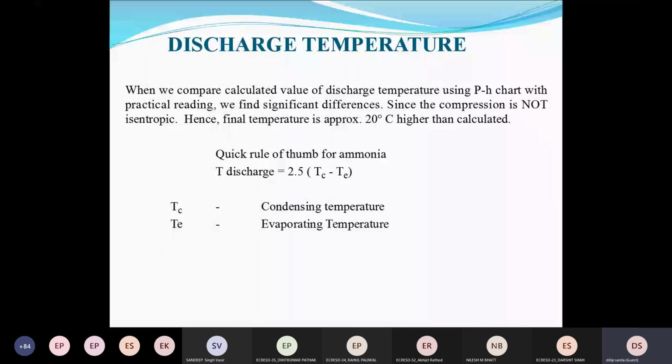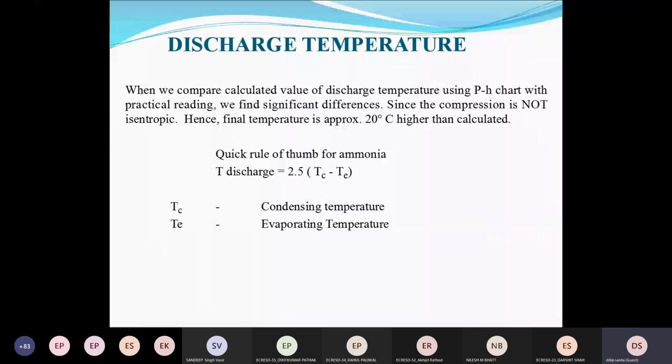Now, what will be the discharge temperature? That is most problematic. We know the isentropic discharge temperature, but it is not correct. We say for the compressor the compression is taking place isentropically, along the entropy line. But practically it is not correct because we are not able to remove all the heat continuously, and the compressor is water jacketed or air cooled also. So there are many issues. Friction is more. That is also increasing the work done, adding heat also.